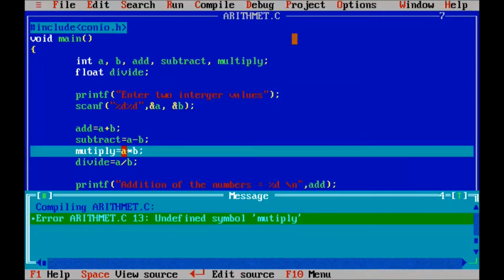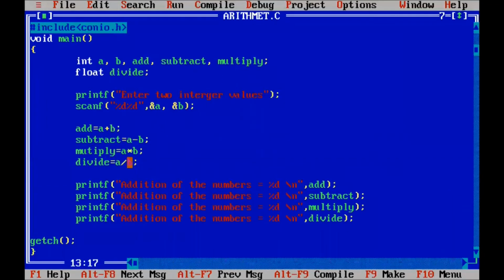Here one error, multiply. Some problem is there: multiply means undefined symbol. This is a spelling mistake.